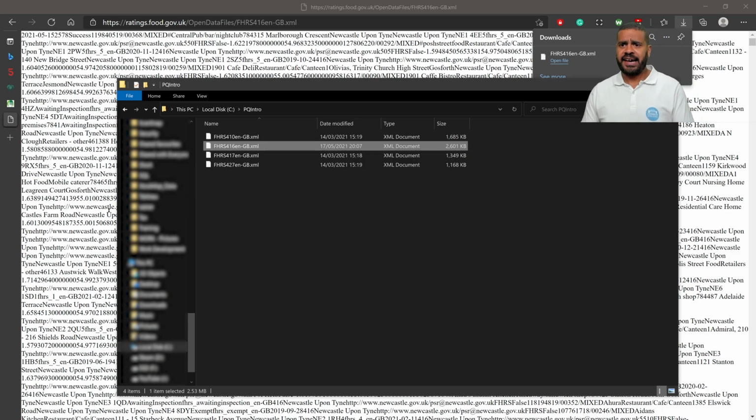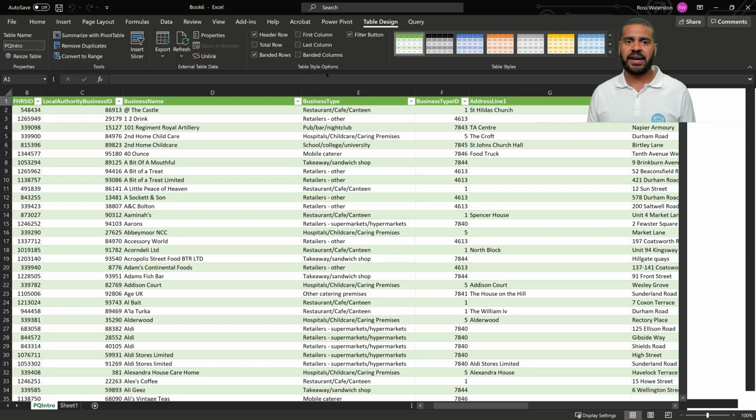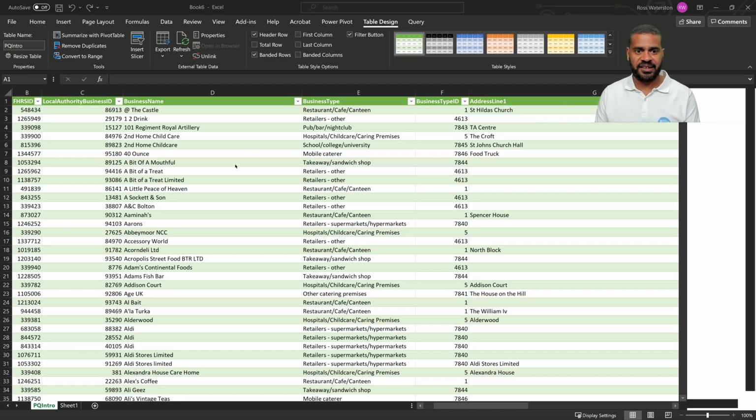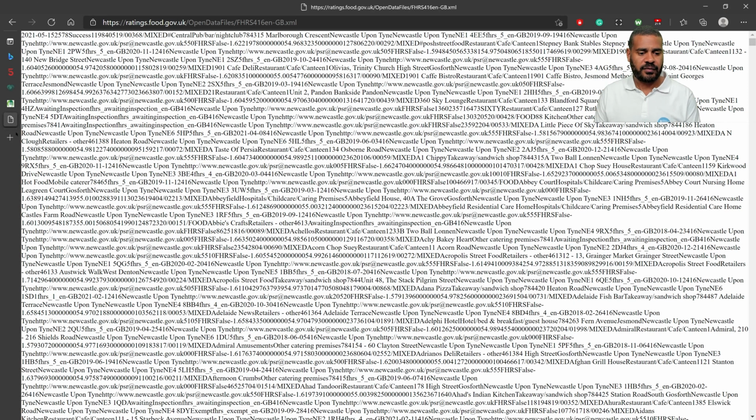So the next day I've got new files through. I've repeated that process to get all the files through. What do I need to do now? All I need to do is hit refresh all. And it's going to go back to my data set, get that new file, process it. It'll read all four of them in and do it. And if I wanted to add an additional one, so remember we just had the four before, if we go back,